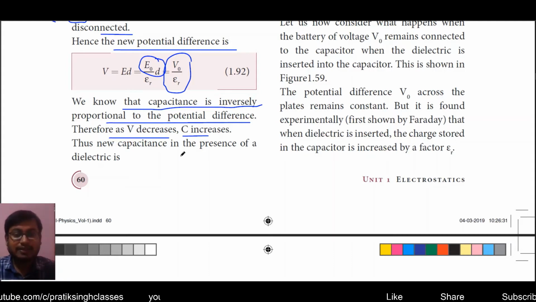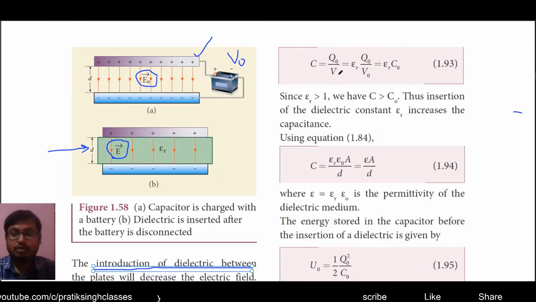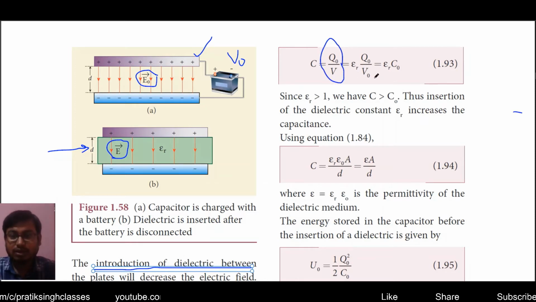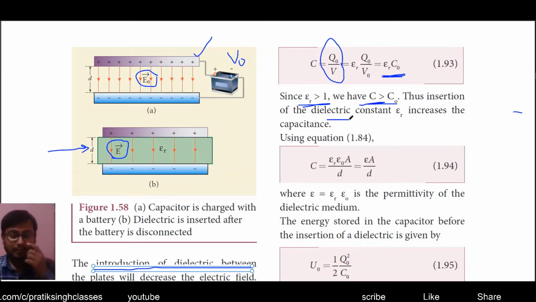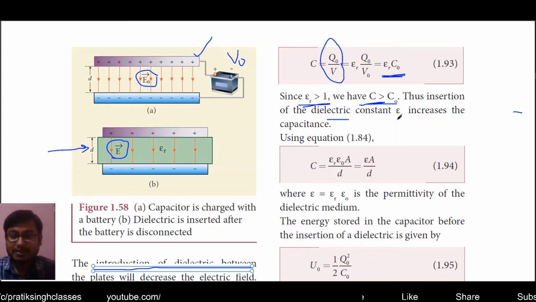Thus, the new capacitance in the presence of dielectric is given by C is equal to Q naught by V, which is equal to epsilon r into Q naught by V naught, that is equal to epsilon r into C naught. Again, we know that epsilon r is greater than 1. So capacitance C will always be greater than C naught. Thus, if we insert any dielectric which has a value epsilon r in the gap of the plates, it will increase